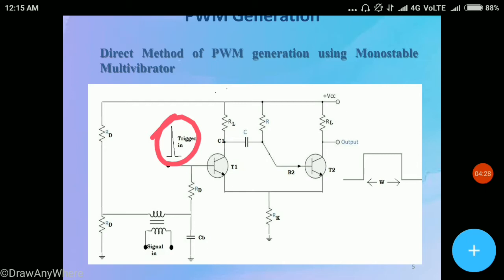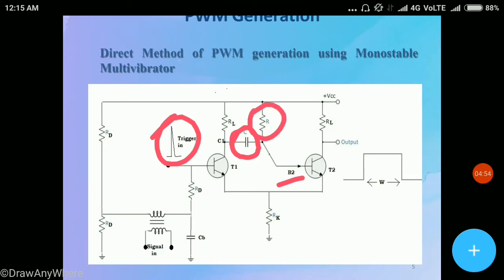So the voltage at B2, the base 2, follows C1 and T2 is switched off by regenerative action. As soon as this happens, C begins to charge up